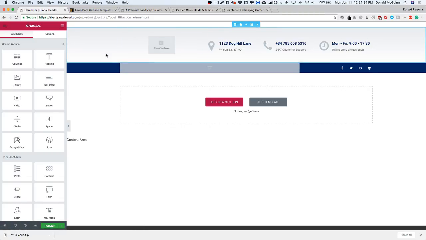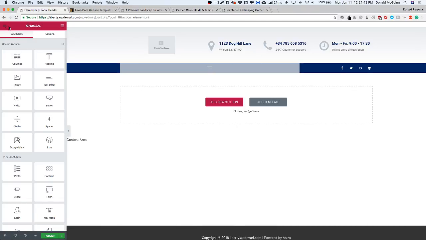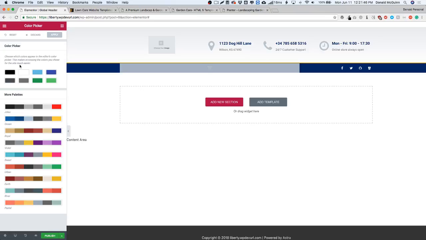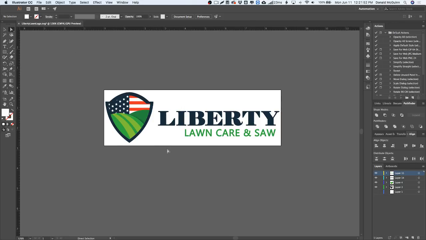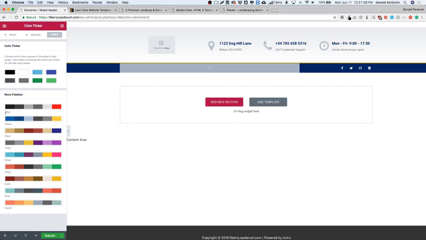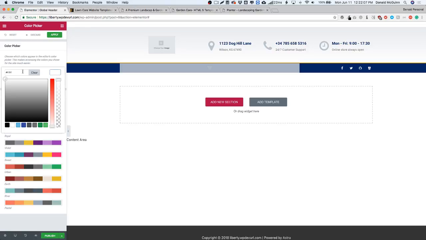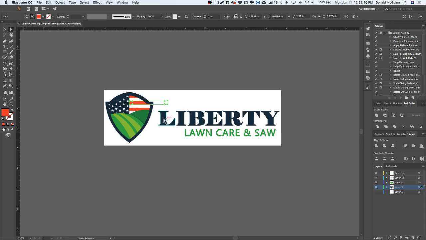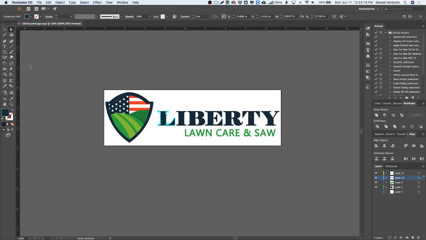Okay, so we have all of this, and now we want to go ahead and match our branding, because our branding is more green than it has blue. What I normally do is I'll go over here to the color picker, and we have our 8 colors to choose from. I like to take it from the logo that we have built, and I like to go ahead and use those. So I will go ahead and take this green, and I will put it here, and then this red. Like I said, I just copy and paste from the actual logo that was designed for the company, so that we can go ahead and get an exact match